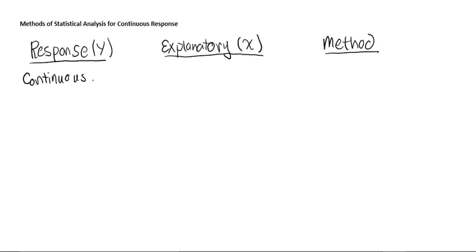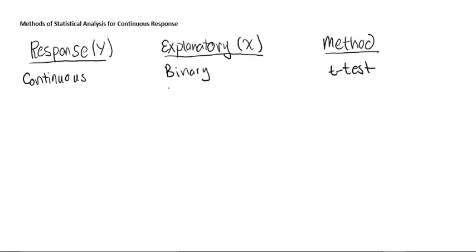Now that we've defined continuous, let's look at what explanatory variables we could have. We can have binary, in which case we would consider a t-test. And a binary variable is a categorical variable in which we're only looking at two groups. So for instance, people who have brown hair versus people that do not have brown hair would be a binary